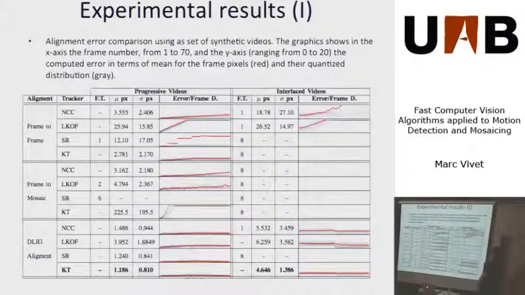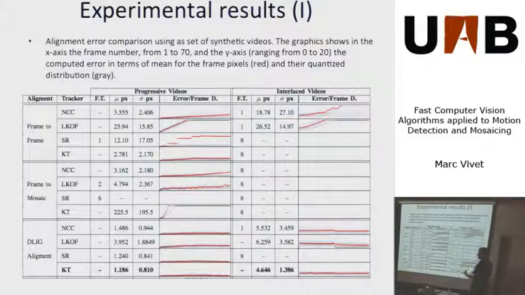We also have made some quantitative tests in order to validate our method. We have tested our method with the frame-to-frame alignment and the frame-to-mosaic alignment. In this case, it's a frame-to-mean mosaic alignment. And the graphics that you can see here are